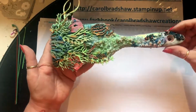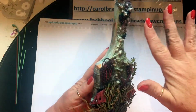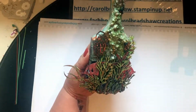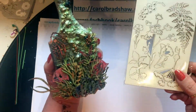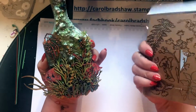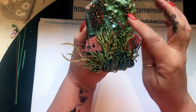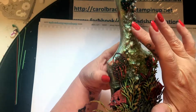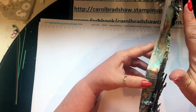Covered it all in gesso again, and then we did all these different techniques on it, and we had all these, I don't know if I've got, they're like this, they come in a container like that, and then you just push them out. So I didn't use all of them, there's loads left, and then these are the bubbles again, and like little stones, and I used some